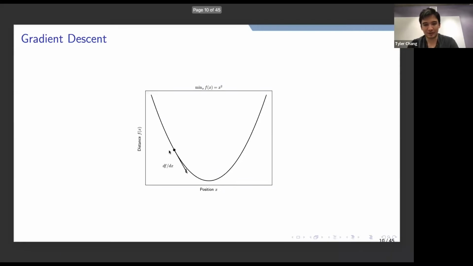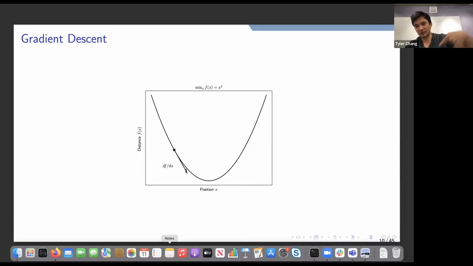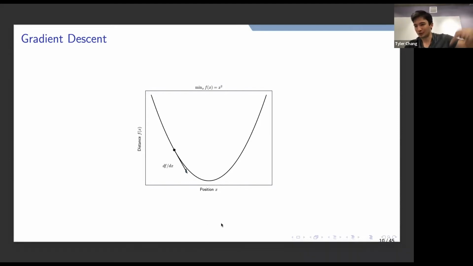So the derivative will actually point in this direction, and then the negative derivative tells me the downward direction if I want to make my f function get a little bit smaller. In other words, get closer to the chip, right? And so one very simple thing you can do, it's called gradient descent, and it's kind of the basis for almost all of optimization, is you just